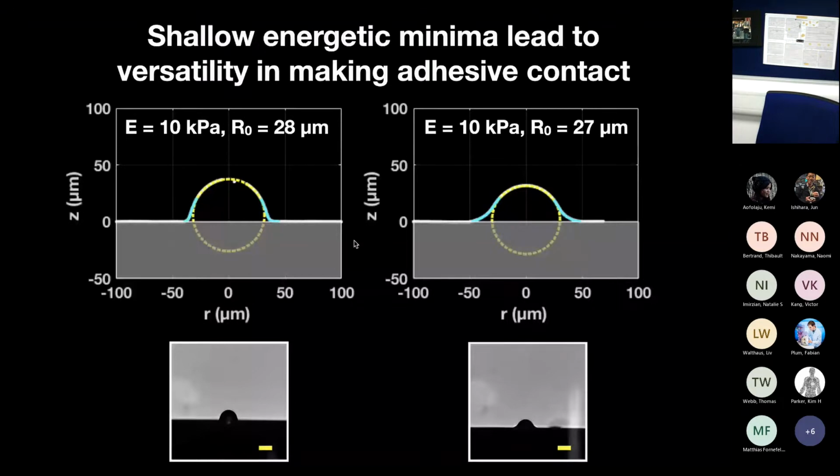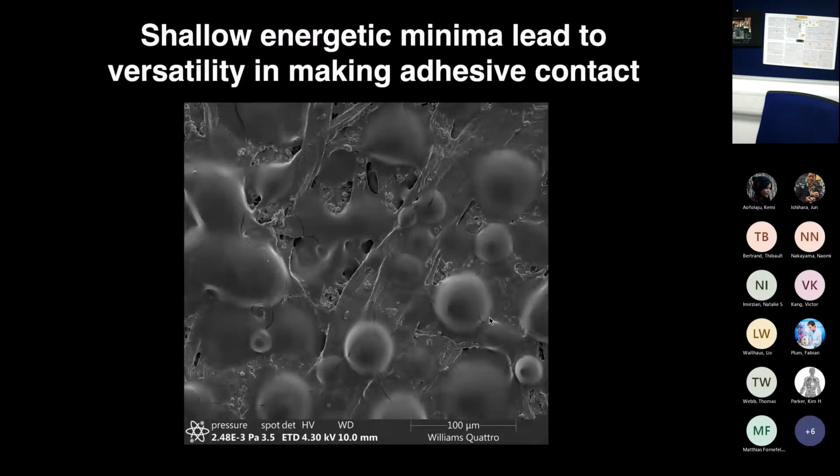What's really interesting to me about this from an applications and a practical perspective is that these are both equally energetically happy in these different configurations. So you have some versatility in making adhesive contact. And if you were, say, to put a whole bunch of different spheres of different sizes on the back of a sticky note, what this means is that larger asperities, if you're going against a flat surface, might deform more in adhesive contact, the smaller ones less, but they don't end up competing against each other in terms of making an adhesive contact. They're not pushing back against each other, but rather they can work together